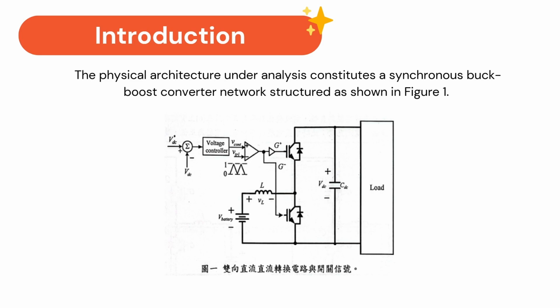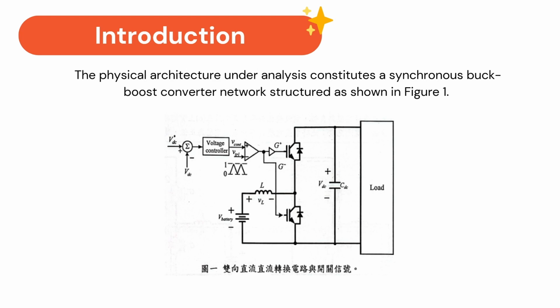So start with the circuit: it places an inductor between the low voltage DC terminal V battery and the midpoint node of the half bridge power stage, comprising two series connected IGBTs or power MOSFETs. A high capacity stabilization decoupling capacitor CDC is placed across the high voltage DC link terminal VDC to attenuate high frequency switching voltage ripple. After the control signal V control is compared with the triangular wave signal, the comparator output signal is used as the lower arm switch signal G negative, and after the inversion, it becomes the upper arm